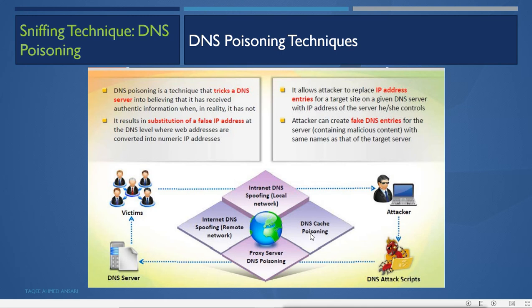so that it will not check the DNS server first. When you poison the user's DNS cache, then the user's machine, the victim's machine, doesn't go to the DNS server to check the query; it directly resolves it from the cache. So basically, the attacker creates a fake DNS or a script, and it will poison the DNS server by faking the cache. It will poison, and then the victim will be affected by the DNS server.